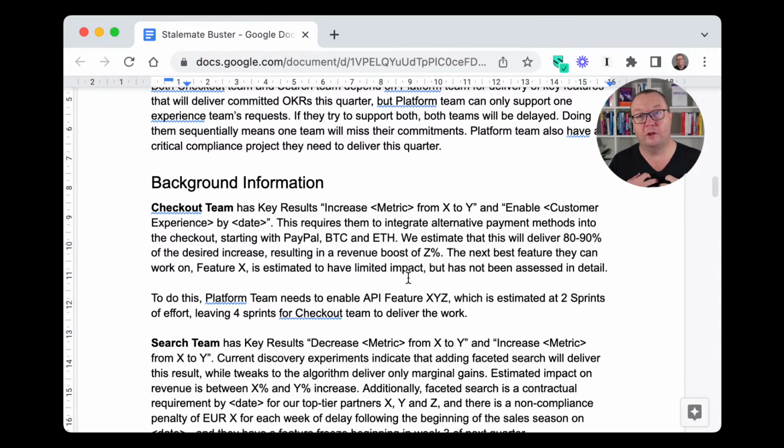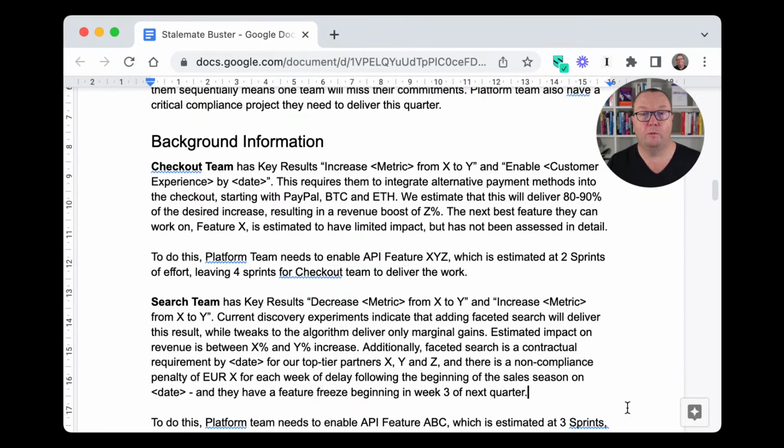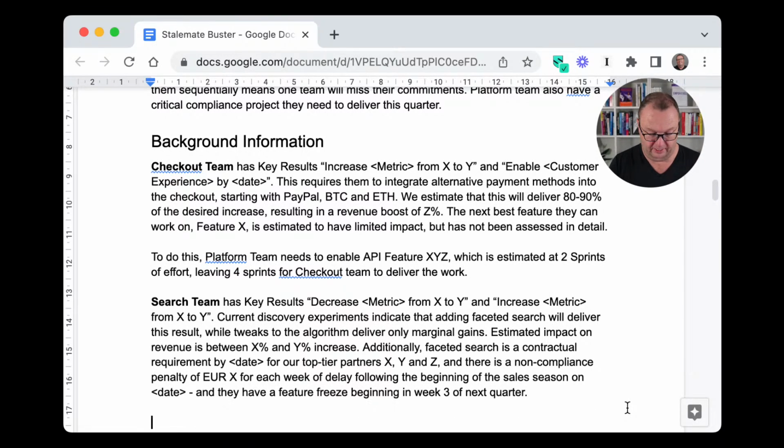But what I'm doing here is illustrating that we're writing down the things that I think are really important for this. If I'm going through this process and debating with my checkout team, my search team, my platform team and my management, we may discover that some of this information is not relevant and we're missing other information here. For example, we might discover that the search team is currently under a great deal of